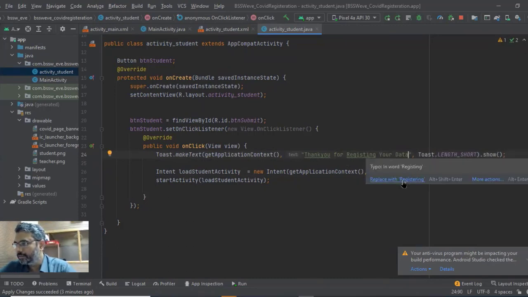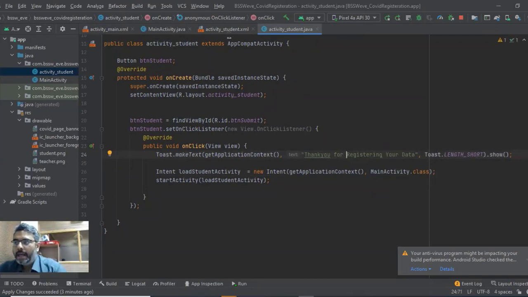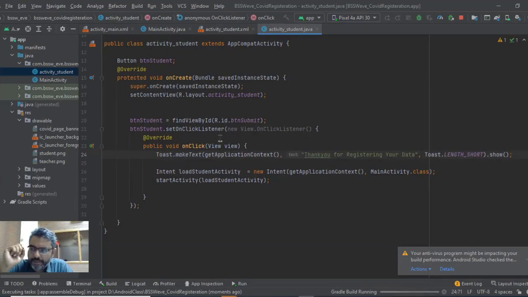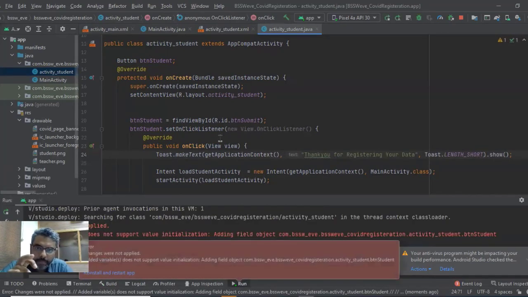स्पेलिंग मिस्टेक है क्या, ओके ठीक है, लेट्स जस्ट ट्राई दिस। तो इसको हमने रन किया, वही कोड है, सब चीजें वही हैं। बटन सेट ऑन क्लिक लिसनर, ऑन क्लिक लिसनर इज जस्ट लाइक a listener that we establish, means something that is listening to the events that occur. Okay, on click is an event, and it gives me an error, BS software registration BTN student is not supported। इतना बड़ा एरर क्यों दे दिया।